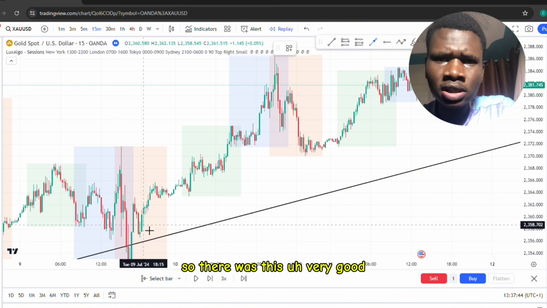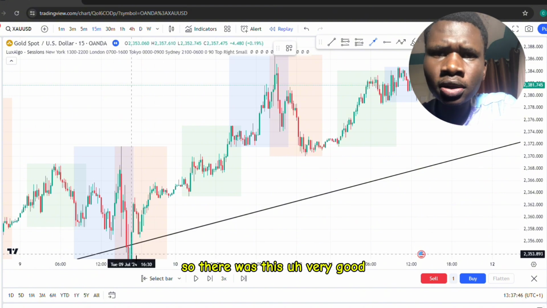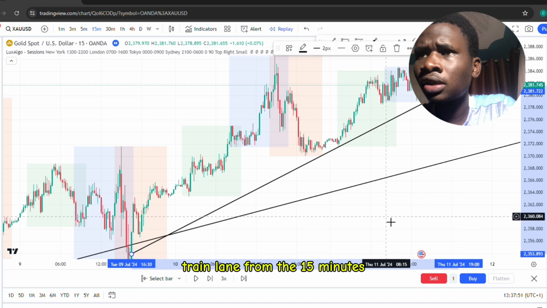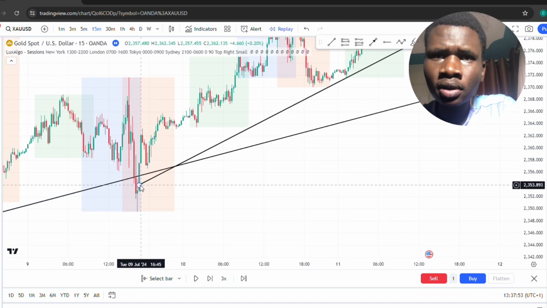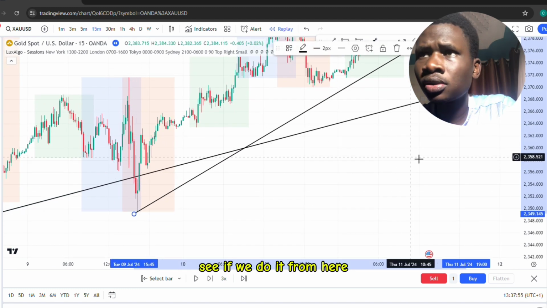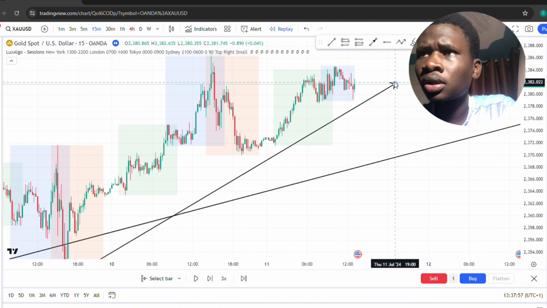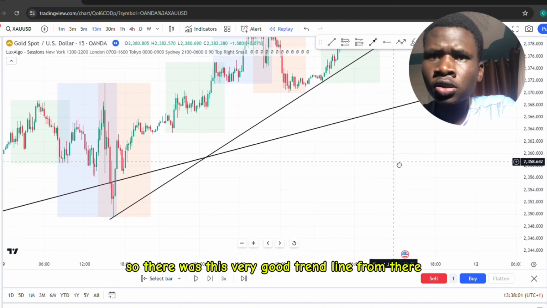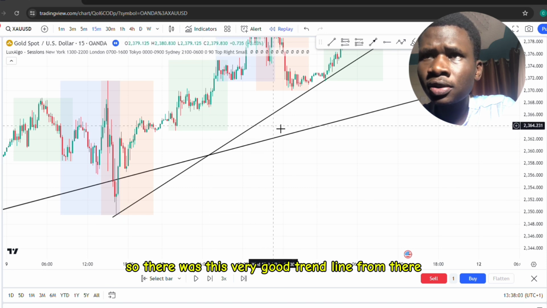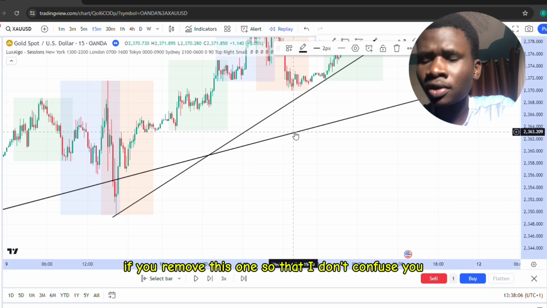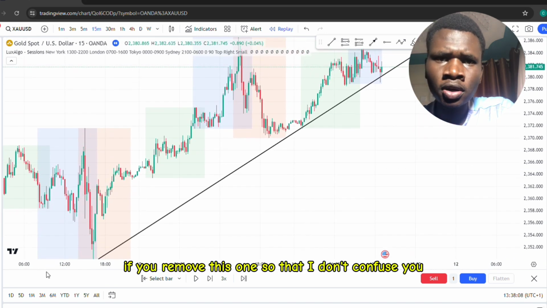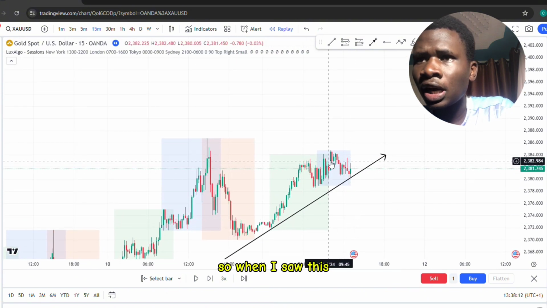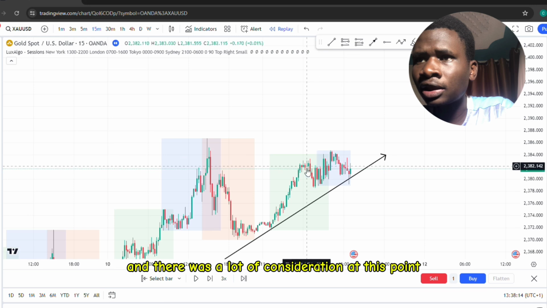So there was this very good trend line from the 15 minutes. If we do it from here, we move to here. So there was this very good trend line from the 15 minutes. If you remove this one so that I don't confuse you, so there was this very good trend line from the 15 minutes. When I saw this and there was a lot of consolidation at this point,